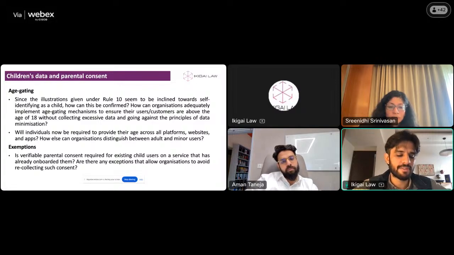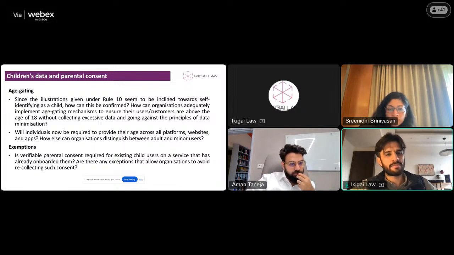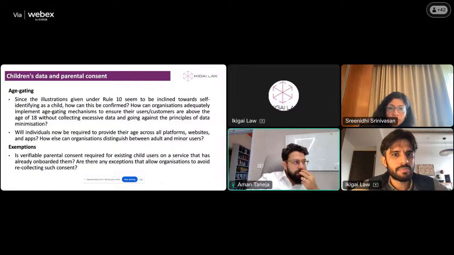Some of the methods of age gating that we're seeing: KYC is obviously there, assessing whether the adult is an adult or a child is a child, and there are certain complex puzzles that we see certain platforms give. So there's a variety of options. The choice that you make depends on the profile and the mechanics of your platform, and how much you're willing to invest in that. Aman, over to you.